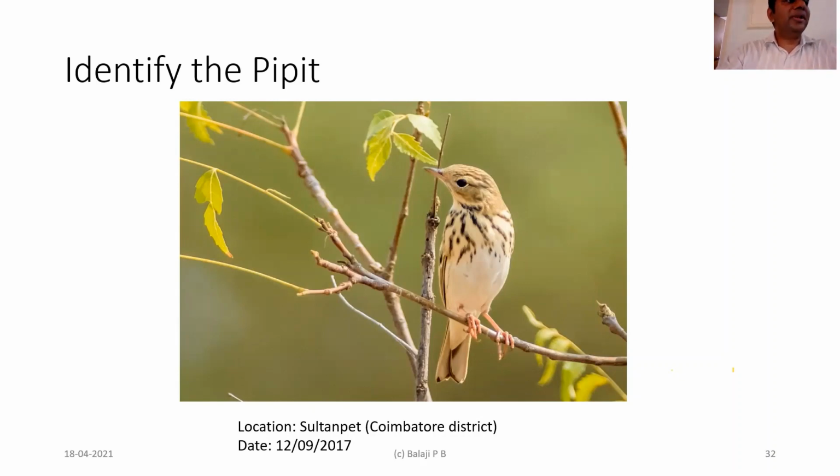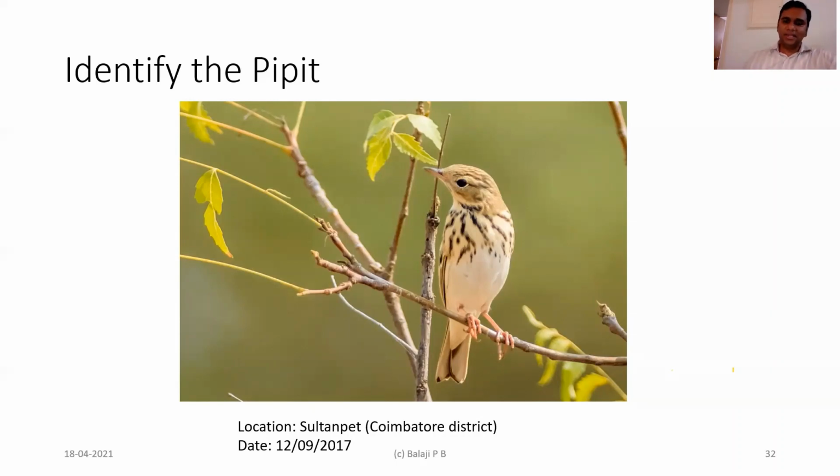Yeah, it is in fact a tree pipit. As I said, tree pipit is a tricky species. It is seen in the hills and also in the plains, so we have to be a little careful with it. And it's a tree pipit because Nilgiri pipit is eliminated. First of all, Nilgiri pipit is only seen at 1,500 meters and above. So if you are seeing it in the plains, then Nilgiri pipit has to be eliminated. And the second thing is, I think the malar stripe is there in this bird, but it is not very visible in this angle. That's why it's important to take multiple pictures also.